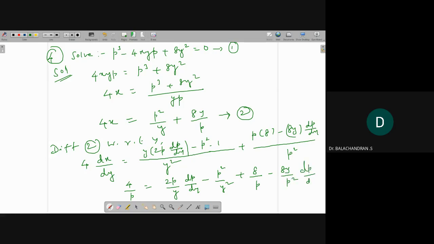Now you should collect the terms which contain dp by dy separately and the remaining terms separately. So 4 by p minus 8 by p